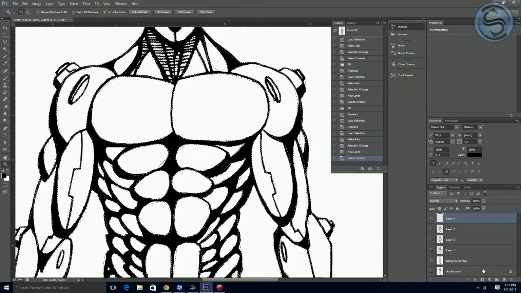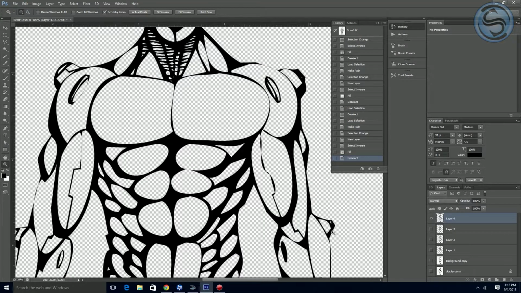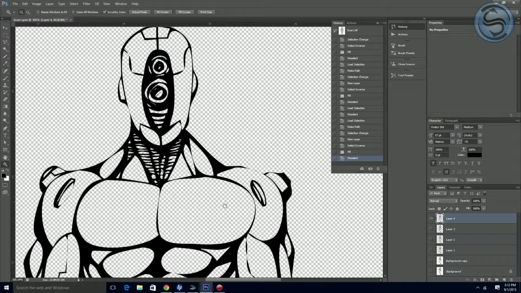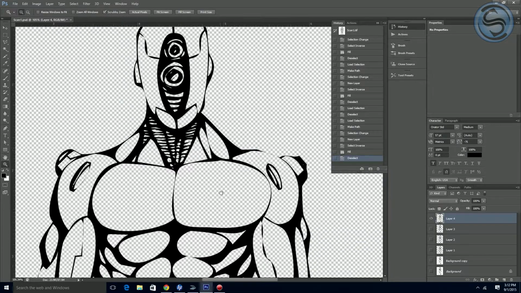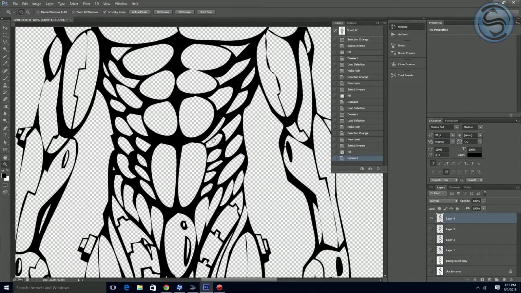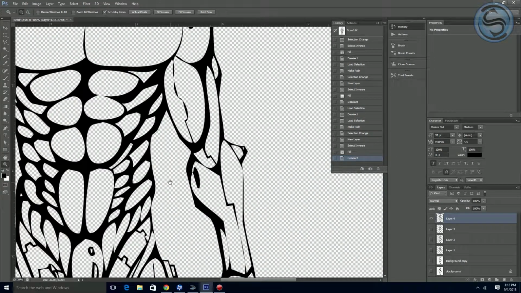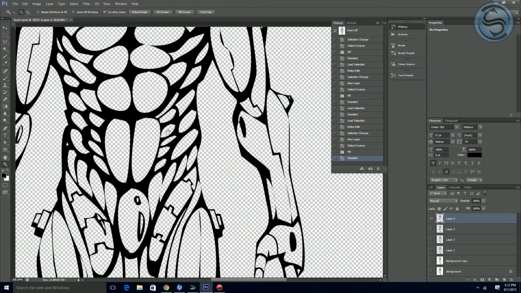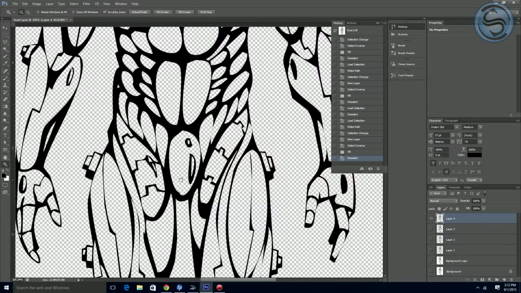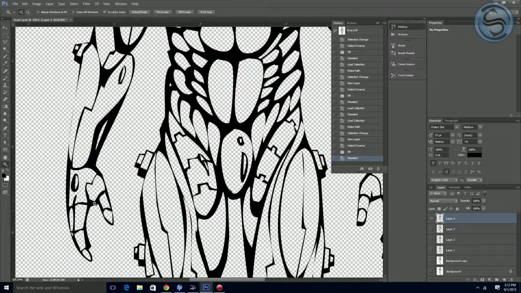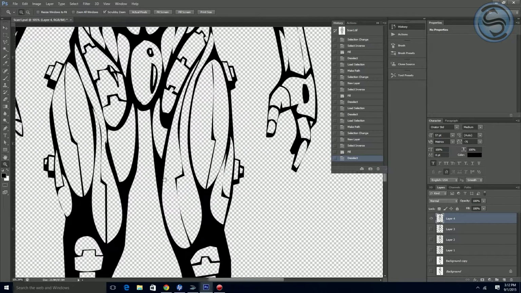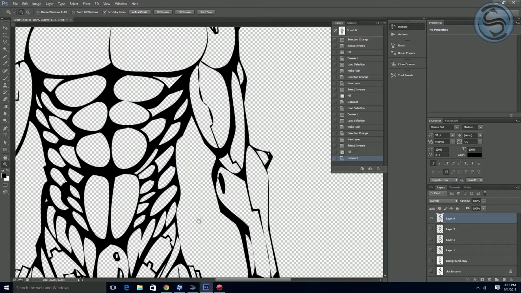Don't forget to invert. Control Shift I, and then using Alt and Backspace, you're going to fill it in, and let's just hide it here. Okay, so it came out a little bit better. Again, it's a matter of playing with some of the values, and I kind of like this one, to be honest with you. I like the sharp round edges that it's giving. It's very smooth and sleek,